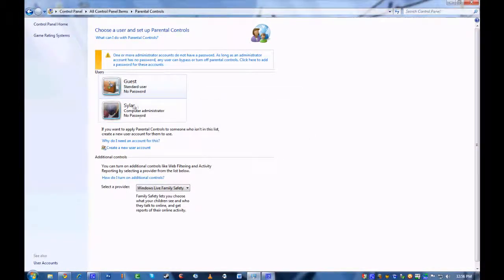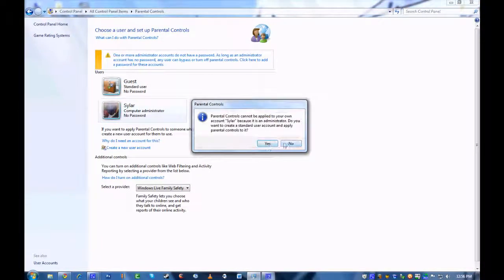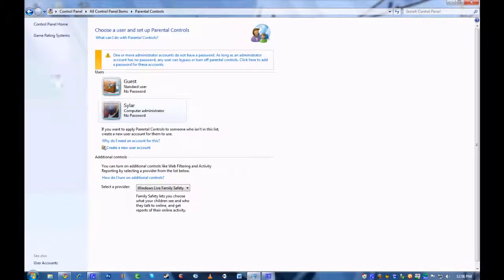can apply it to the guest account. You can always turn it off anyway. Mine's off. If you have a new, let's say you have a third user, you can go here and, nah, don't create a standard user. But say you had a standard user, which was your daughter's or son's